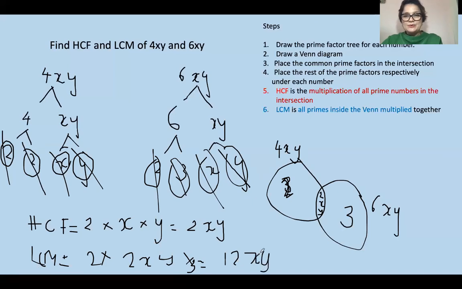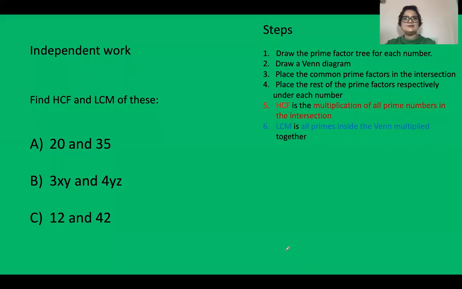So this is how you find the highest common factor and the lowest common multiple of two expressions. So follow exactly the same strategy and make sure you place them one by one in the Venn. Make sure what you place in the intersection is correctly done, and just follow exactly the same steps, exactly the same strategies. And here you have 3 different exercises, which I'd like you to work on independently. Follow the steps one by one, and I'm sure you're going to have no problems at all finding lowest common multiples and highest common factors